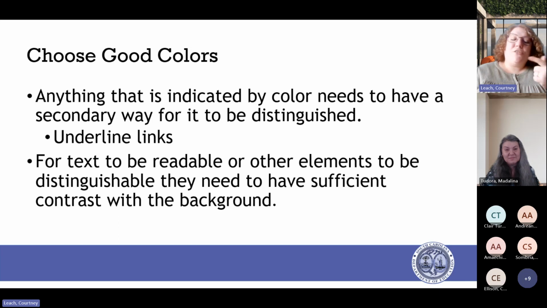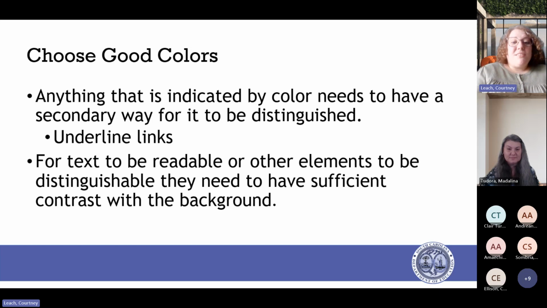So make sure you're choosing good colors. Anything that is indicated by color needs to have a secondary way for it to be distinguished. For example, underlining links. Links are always blue, but they're also always underlined.